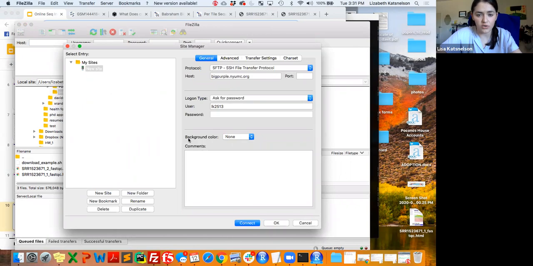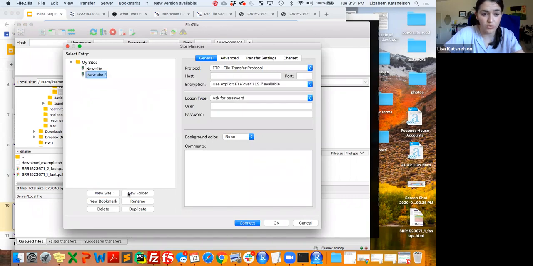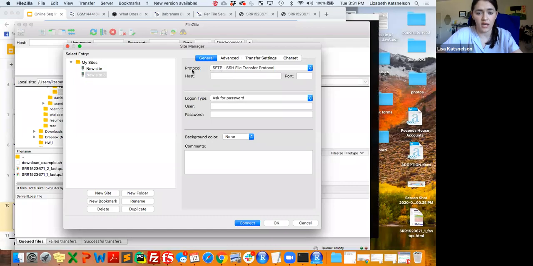I already have my BigPurple account ready here, but if you wanted to do a new server to connect to BigPurple, and I believe it's the same process for Prints, you have to tell it the protocol is SSH file transfer protocol. The host is